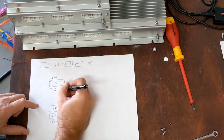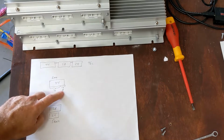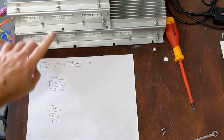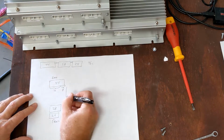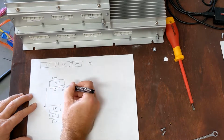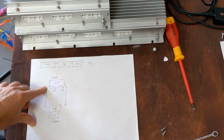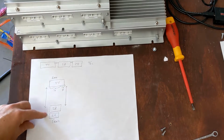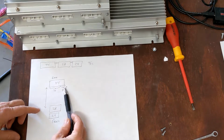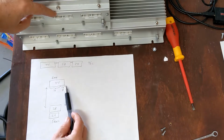And so that would be 8, right? 44 minus 36 is 8, if my math is right. Okay, so what that means is that we used 8 of the cell taps here in this group. But because it's a long run here between the back of the car and the front of the car, even if I didn't put a disconnect, which I think I am going to put a disconnect in between, just the fact that it's a long run between these two battery packs means that I cannot use any more of this group, the second group right here, even though there's 24 left,